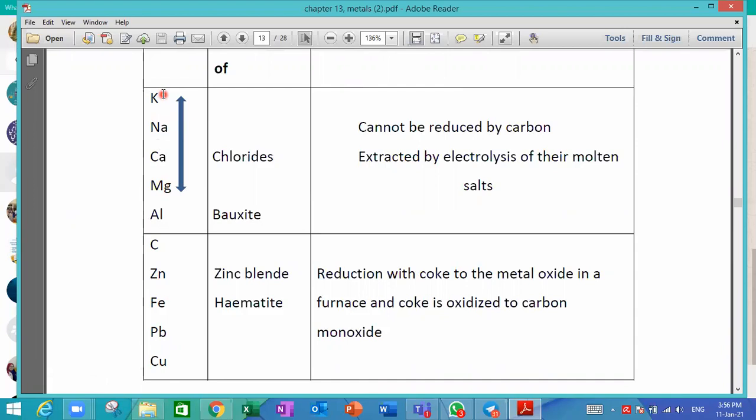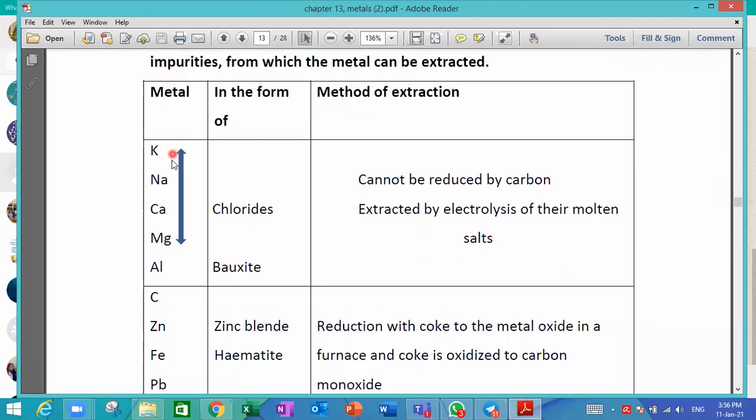Whenever we have any metal above carbon in the reactivity series, this means that these metals are very reactive and that they cannot be extracted using carbon. They will be extracted by electrolysis because they cannot be reduced. Carbon will make reduction to what it's going to extract. But for potassium, sodium, calcium, magnesium, and aluminium, as they are higher in the reactivity series